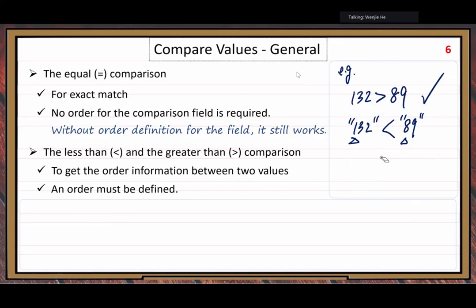So order. Now we look at the order in our data. So the question: this line, an order must be defined if we use the greater than, less than comparison operators. Some of you may ask, because based on our